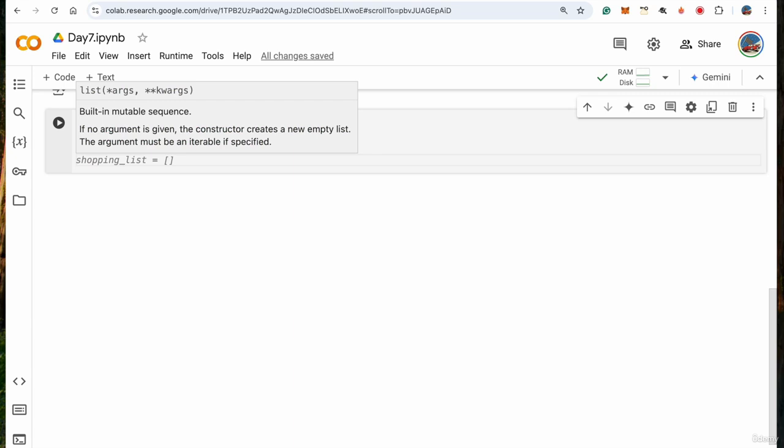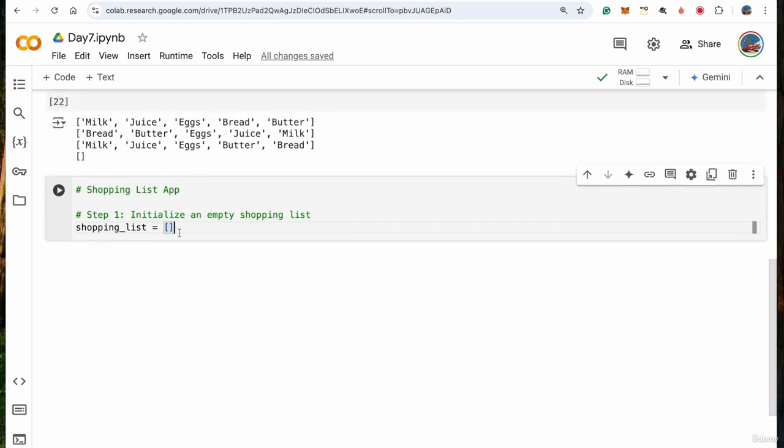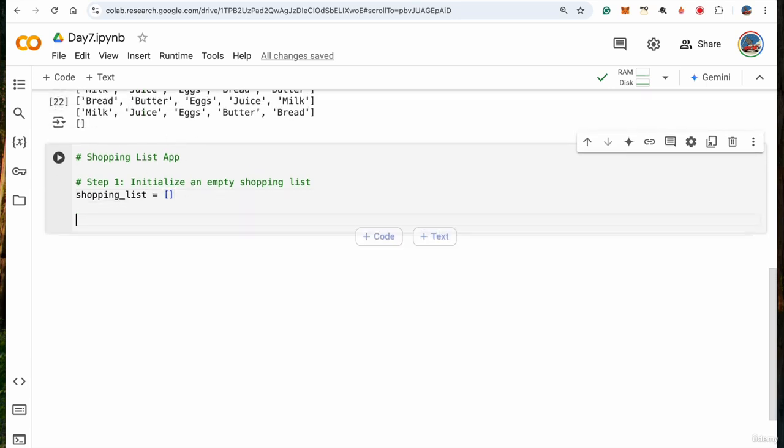Now, how do I create an empty list? First, you give a name, shopping list equal to, and then just use the square brackets, which means it's empty. It's same as when we ran clear. Now we have an empty shopping list. Next step